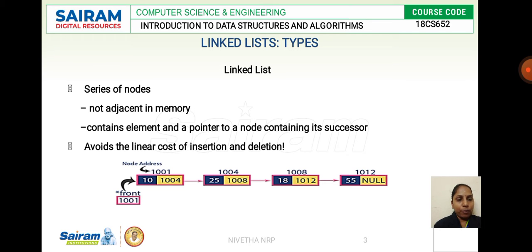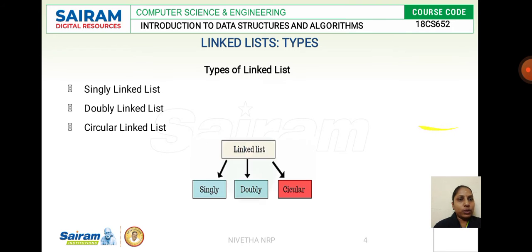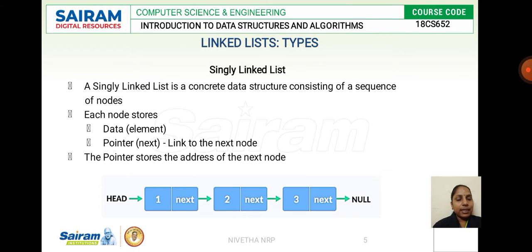We have a number of nodes connected through links, forming a network, and we classify this into three categories. A linked list can be classified into three categories: singly linked list, doubly linked list, and circularly linked list. Singly linked list, as we have already seen in the introduction to linked list, we have two nodes.